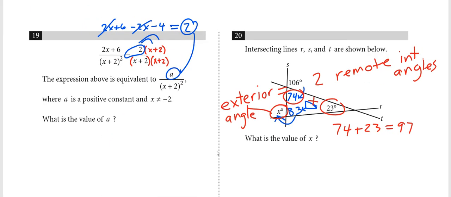Any questions on those no calc questions? Okay. Get your calculator. Actually, you know what I'm going to do? I think I've got the rest of this particular test already recorded. So I want to see if we can